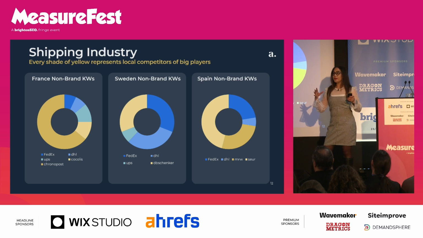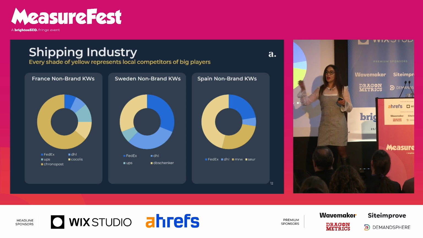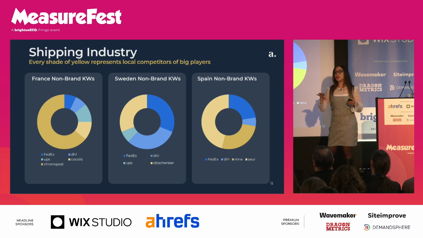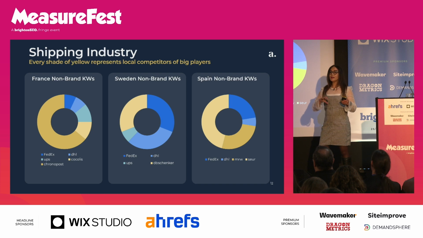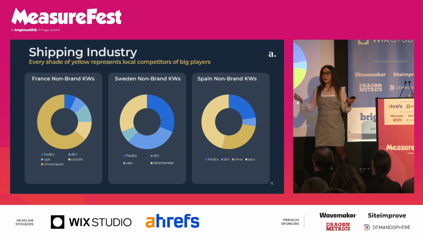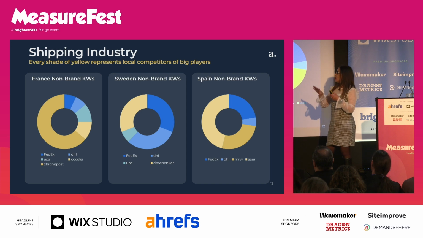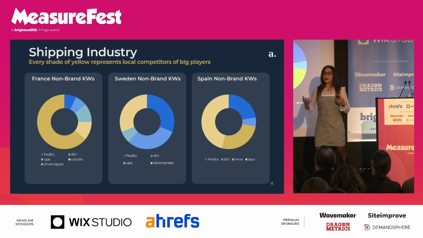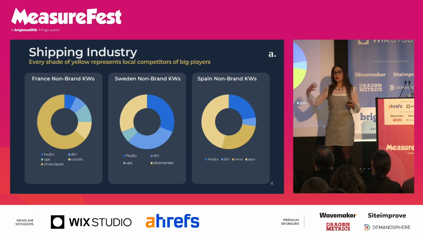So if the big brand is just translating what they have in the home market, they're missing out on those terms that are used by locals in their language to search for the same products and services. And the local competition, obviously they know about these things, it's their language and it's their people. So let's go and look at all of this and think about how we can address internal stakeholders to show them how to convince them.